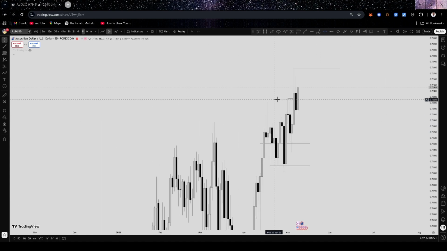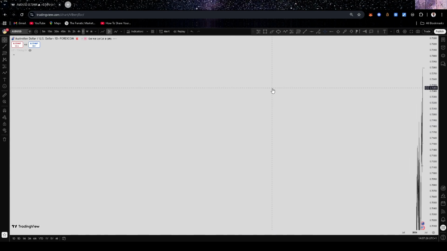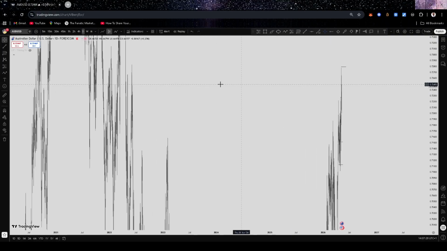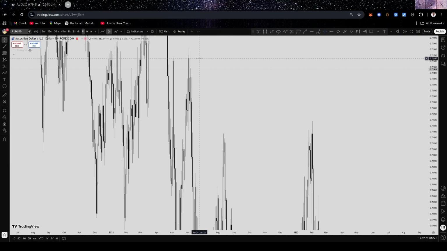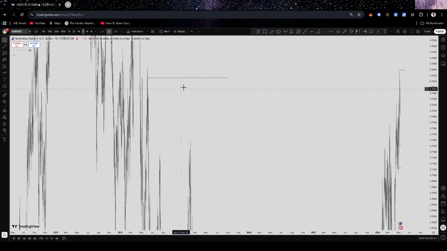So the reason I took this: price was rejecting from a key level right here. This was this key level right here. You can see price was rejecting from this key level. After rejecting from this key level,